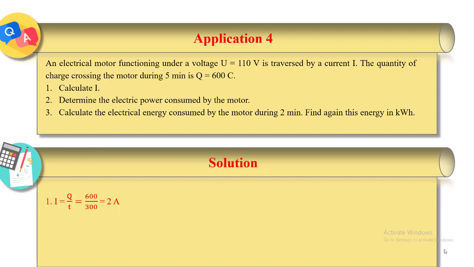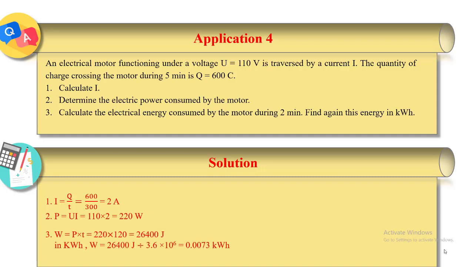The second question is to determine the electric power consumed by the motor. We know that P is equal to U times I. Then we substitute and we get P equal to 220 watt. The last question is to calculate the electric energy consumed by the motor during 2 minutes. To find it, I apply the formula W equal power times T. We substitute the values and we make the conversion from minute to second. Then we get the electric energy in 2 minutes, which is equal to